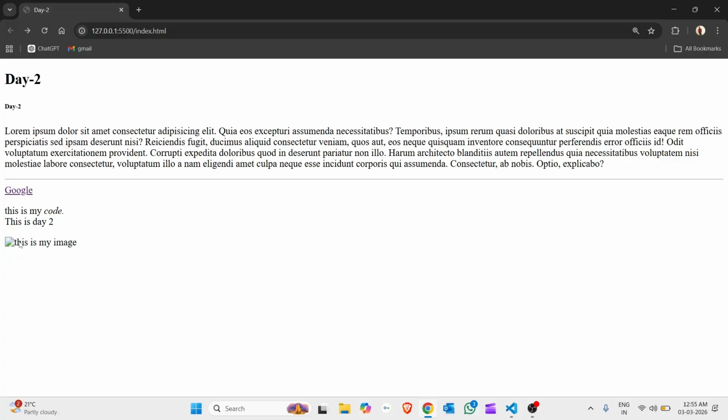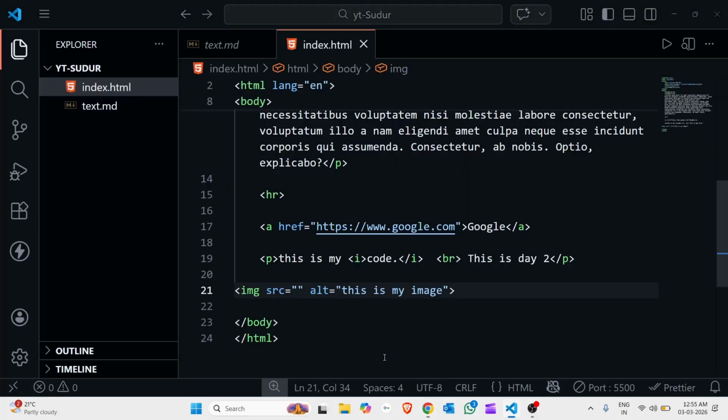So this is for your reference, you are writing this for your reference, so you know. This is my image, which means this contains your image. The alt attribute is optional, it is something you keep here for the image. So in the src, if you want to implement the image,